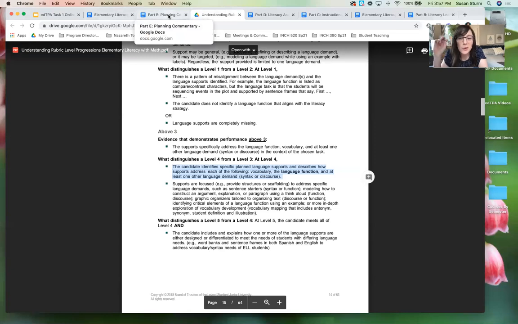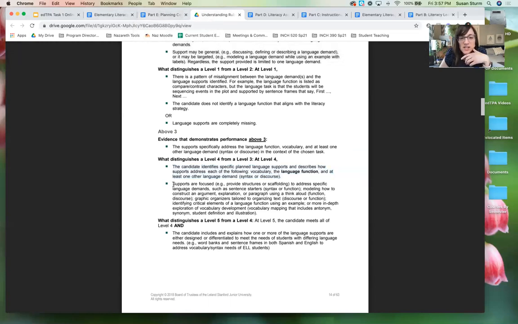So I'd say there's a kind of a support for vocabulary in the anchor chart. There is that vocabulary bookmark that was not actually described. That should have been described. I don't really see a strong support for that language function of synthesizing, and that's that recurring thing that I was noticing before. And then lastly here, supports are focused to address the specific language